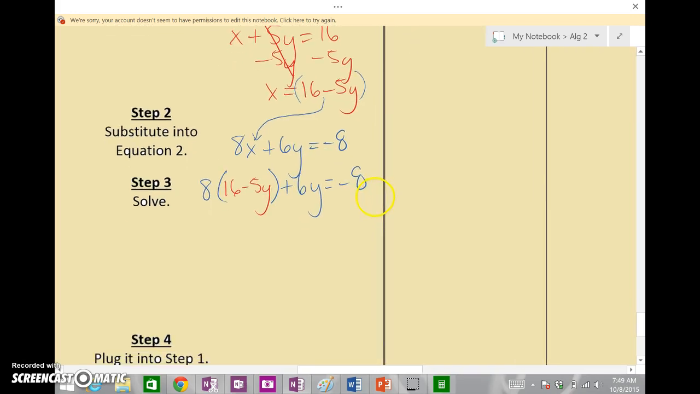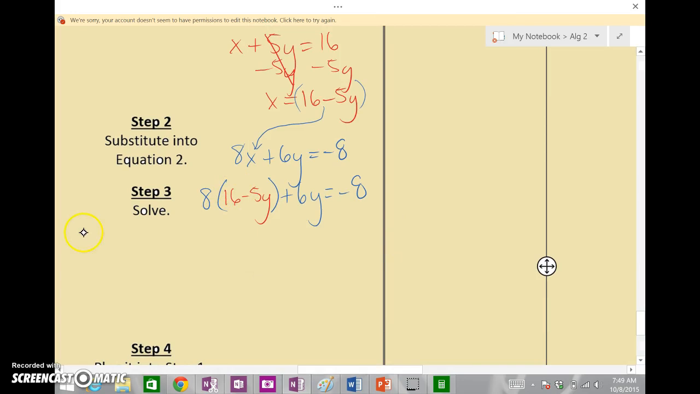Alright, now I just have to do the math. What you'll notice is that now I only have one variable in my equation. I can't solve for two, but I can solve for one. That's why we substitute in this 16 minus 5y, if you didn't see that the first time. So 8 times 16, let's do a quick little math over here. 8 times 6 is 48, carry the 4. 8 times 1 is 8, plus 4 is 12, so 128,